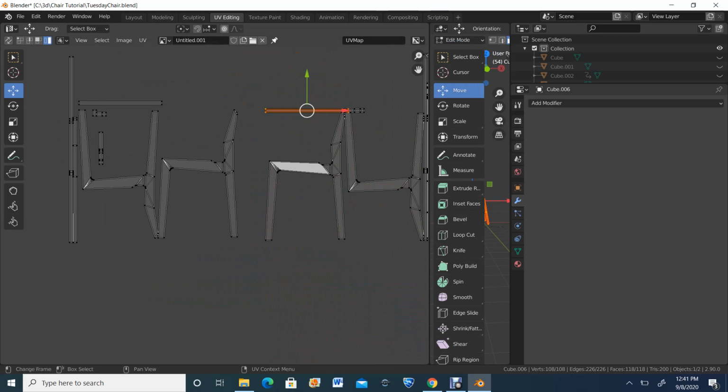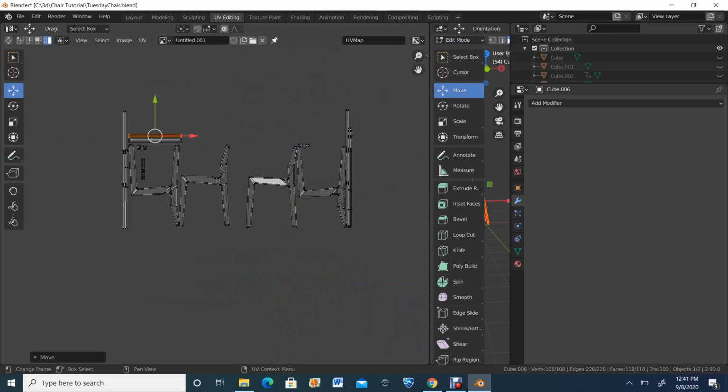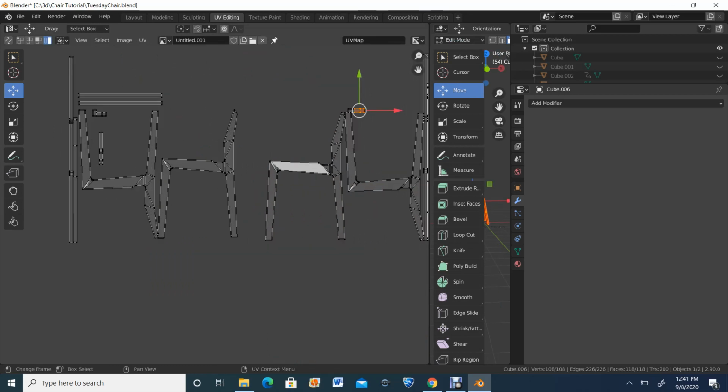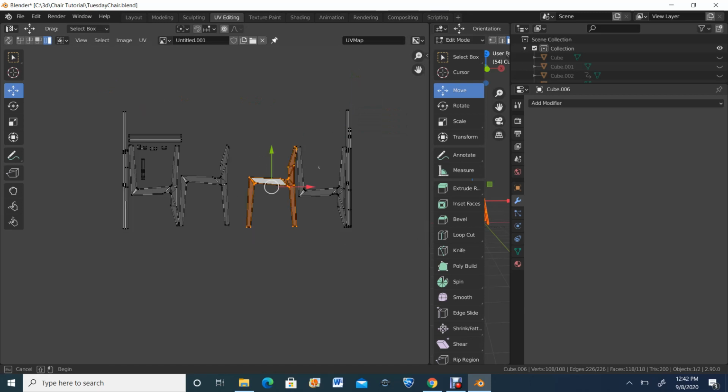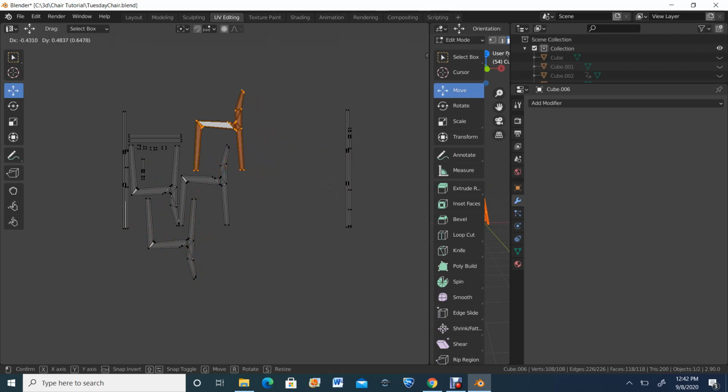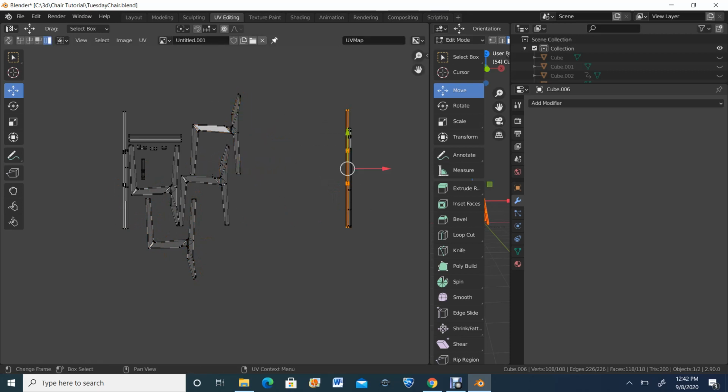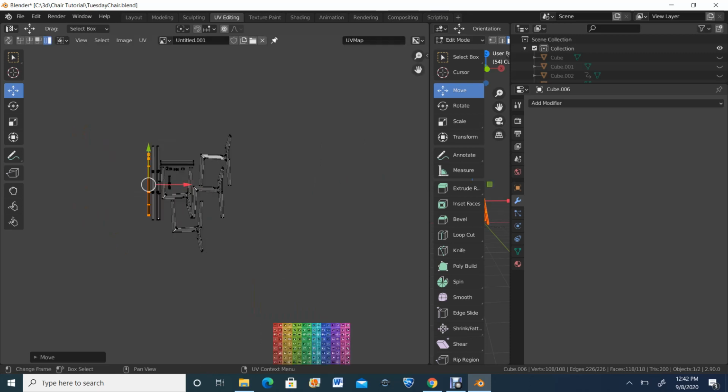So I'm going to take this one, move it to the side. This one, let's see, inside here because that's really not being used for anything useful. Take this. And see, for this stuff right here, I could probably take this one, kind of wedge it in here, and then take this one, wedge it in here, and then take these to the side, and to the side. Okay, so now that you've finished the legs,